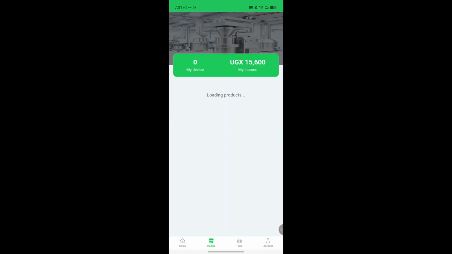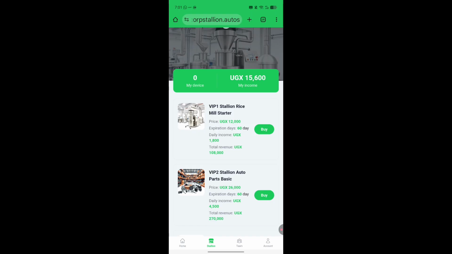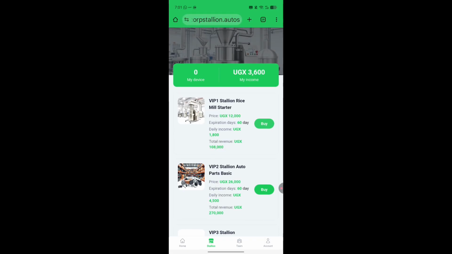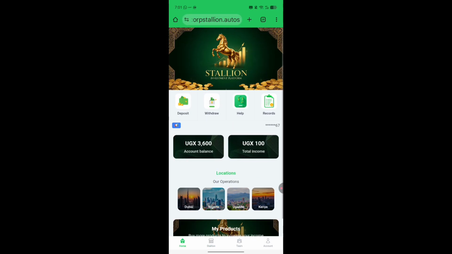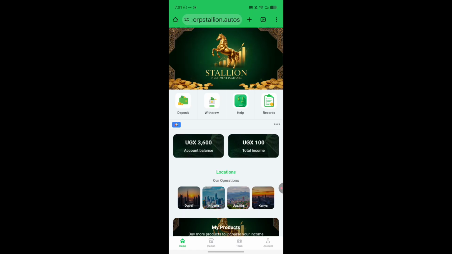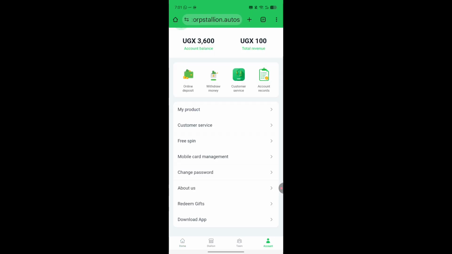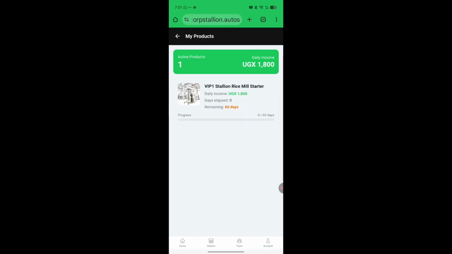So I'm going to come to the packages. Then I'm going to buy this first package. So I'm going to click on buy. Every day it is going to bring me over 18,000. So here you can see that you have purchased this package. And if I come back to home here, so I scroll, you can see that now I have subscribed to the package. I know my sound is not hearable, but here you can see if I come to my products